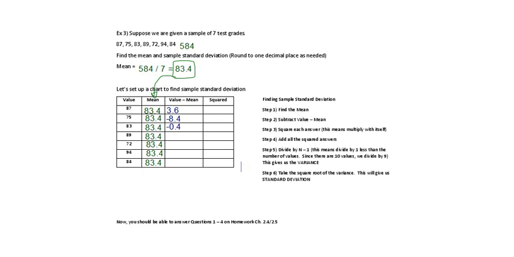89 minus 83.4 is 5.6. 72 minus 83.4 is negative 11.4. 94 minus 83.4, that's 10.6. And then 84 minus 83.4 is 0.6. All right, so we subtracted across. Now the next step is to square everything. In other words, multiply with itself. So with that said, 3.6 times 3.6 is